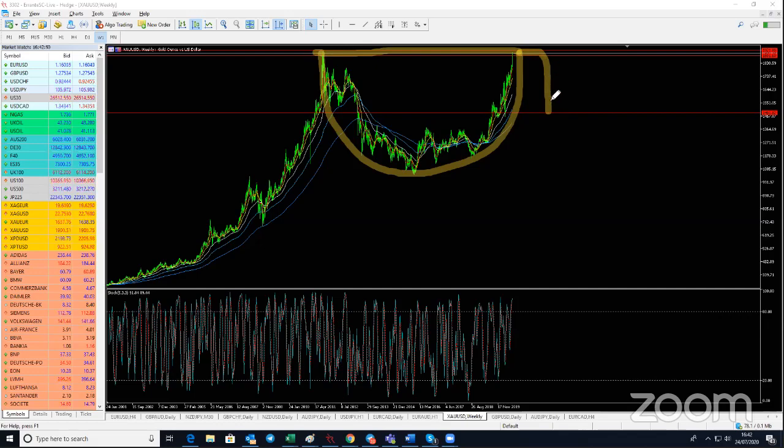Usually the downward move would reach about 50% from the base, basically half of the cup. So you can take your Fibonacci and pull it from the top right down here, look at your 50%, and draw that line. Usually it wouldn't be a straight drop down like this, of course. It will take time, zigzag, zigzag again, come down here, and then zigzag or go sideways again. And then it would zigzag back up again.